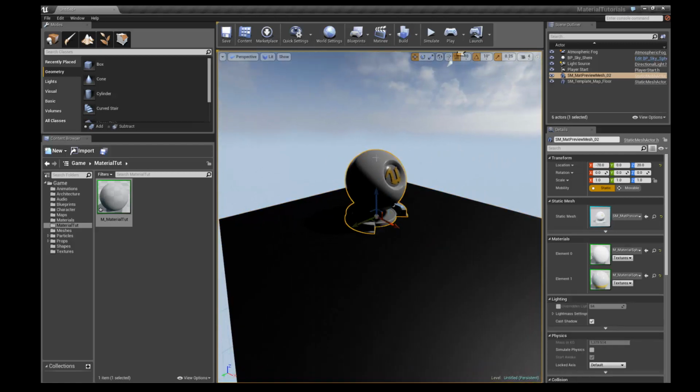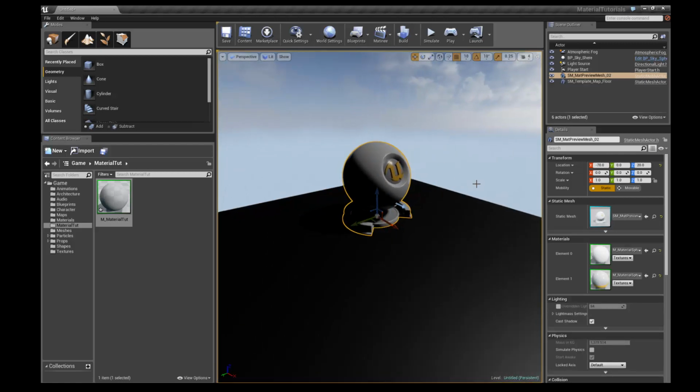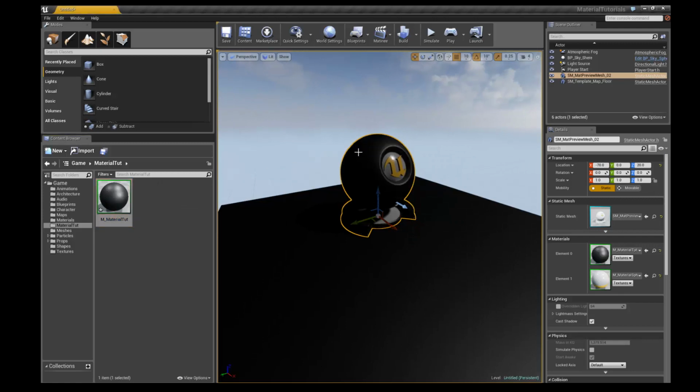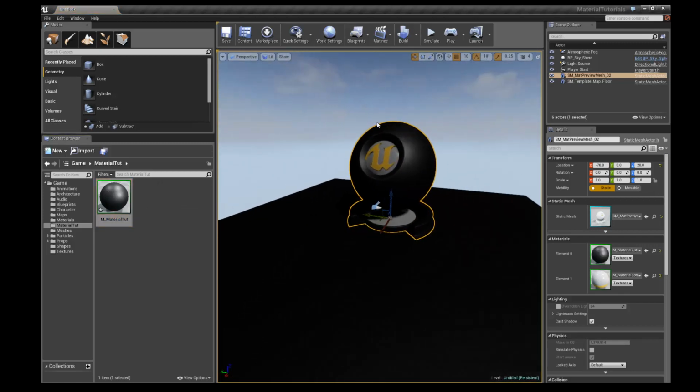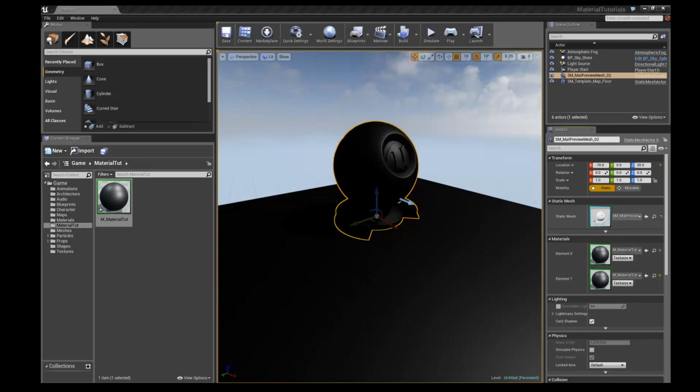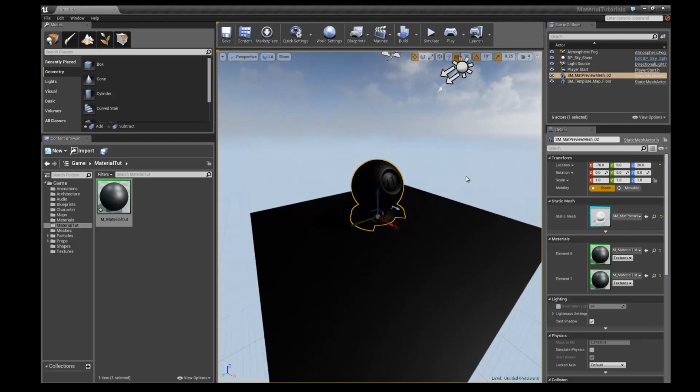Okay, so let's select this and do the same thing, except on this one, we can see that there are actually two material elements. So I'll go ahead and demonstrate what I was speaking to earlier. Let's drag and drop this on there, and what you can see is it only did part of the mesh, and that's because they have a different material assigned to the other part. So we drag and drop, and let's go ahead and grab this one and fill that in as well. Okay, great. So now that we have our basic scene set up with our material, let's talk about lighting real